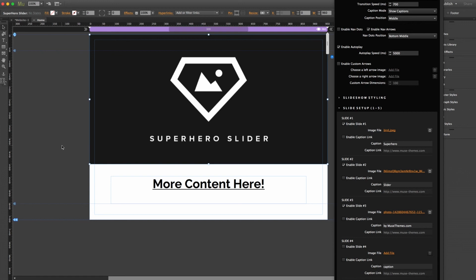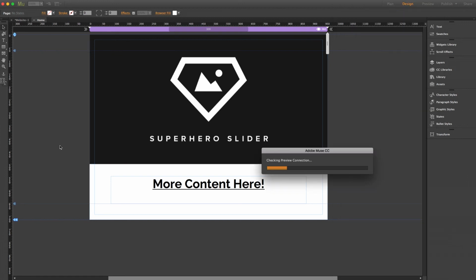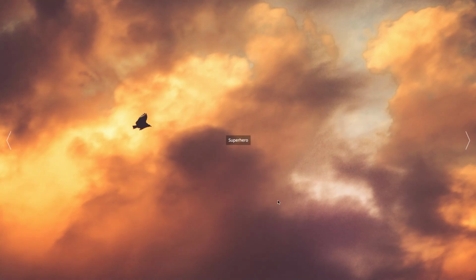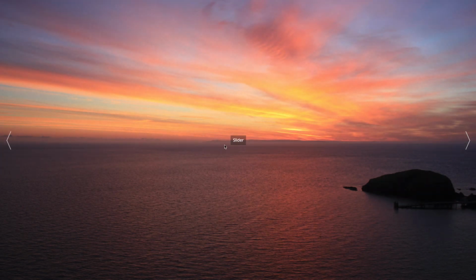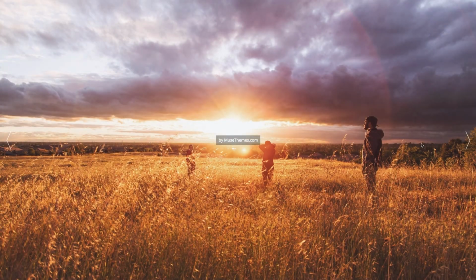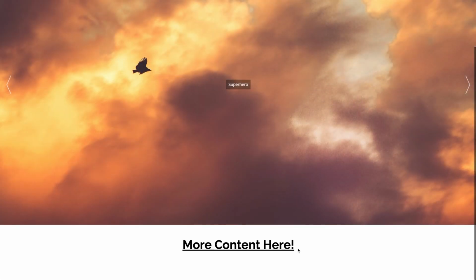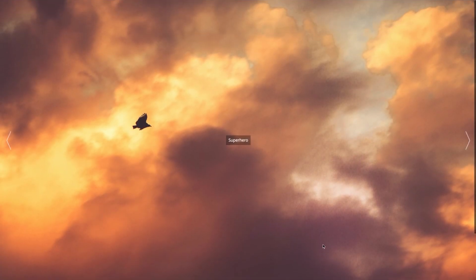Now let's finally give this a browser preview. And there we go. We get our images loading nicely full screen. I get my default navigation arrows on the sides. My captions are showing, although in this case I'd want to do some styling here, but we can see that they're fully functional. And most importantly, I can scroll down and reveal that the rest of my site is sitting nicely beneath. So that just about covers it, guys.